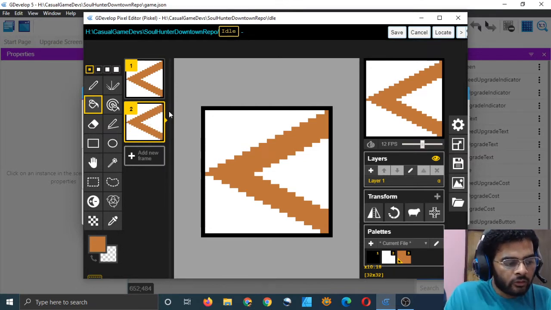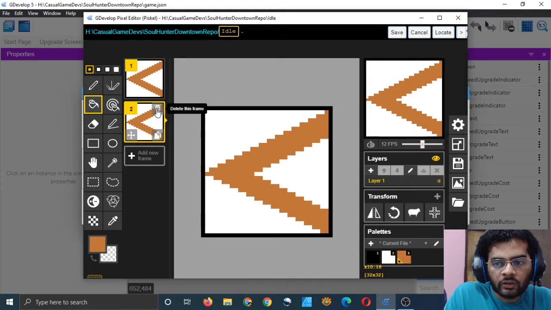And when you delete it, it does not delete that file. When you duplicate a frame, it will create a new file, but when you delete it, it will not delete it. So that way, we can duplicate our picture many times and use them in different animations. That's very important to understand.